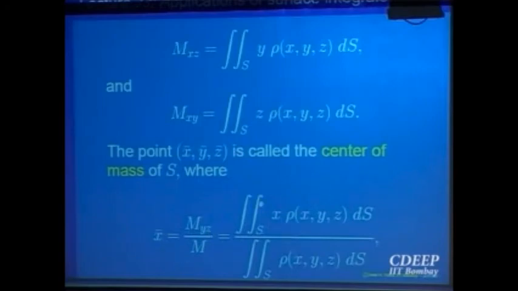Right? Similarly, the y coordinate and z coordinate for the center of gravity for a thin sheet you can compute using surface integrals. Right? So here note x, and this is x rho(x, y, z). We are looking at the moment around the yz plane. Okay? So the center of gravity is very much similar to the line integrals. A thin wire, what is the center of gravity of a thin piece of a wire?